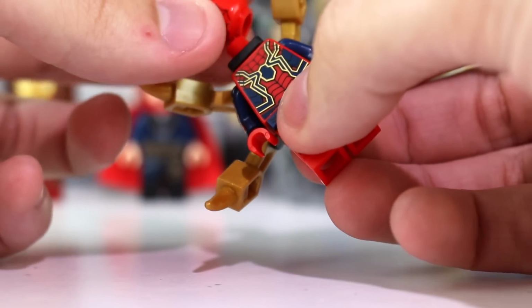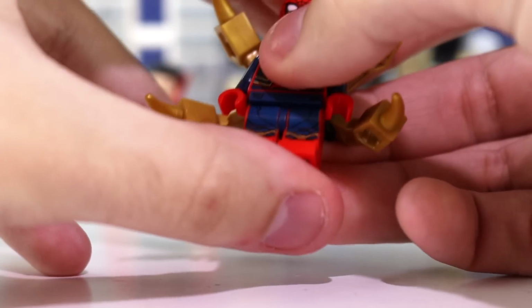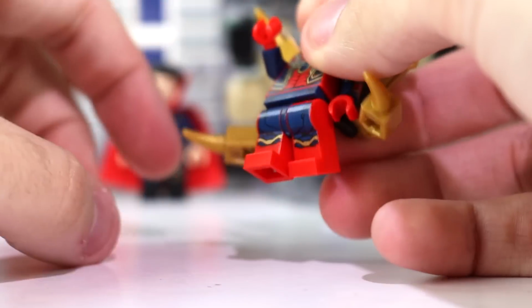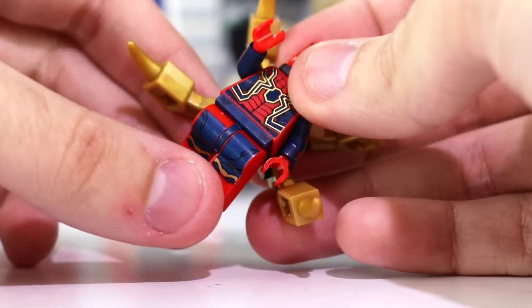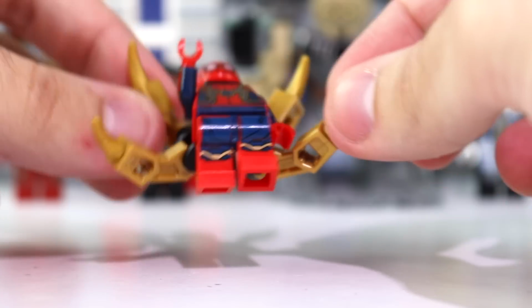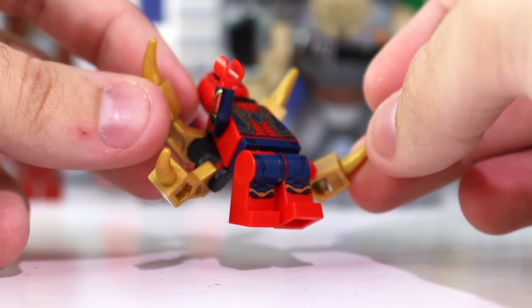It's just the legs that are really lackluster and so disappointing, because there have been a lot of people that have voiced a very similar opinion. So if you want to consider this a complaint, it's more just kind of disappointment, really, because maybe it wasn't cost effective, but LEGO decided to skip out on the double molded legs for Spidey, which I think is really unfortunate,